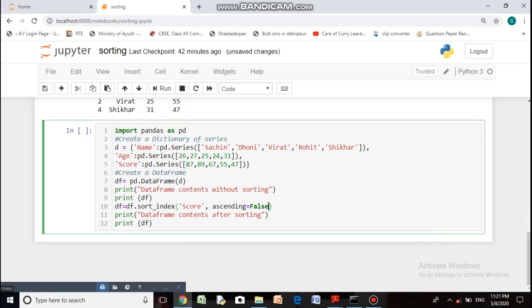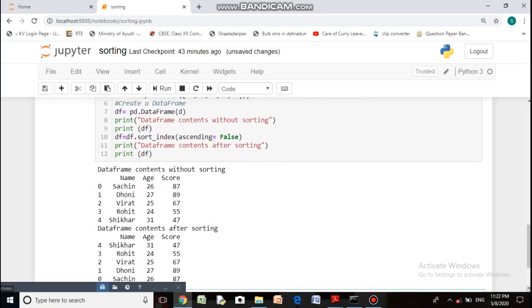Alright, and this I'll remove from here because data will be arranged according to index. So if you want to sort the data in the descending order of index, then you will write ascending equal to false. Now let us execute it.